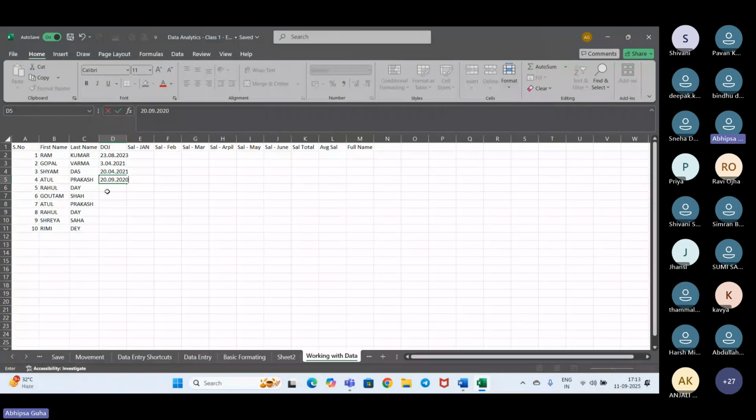We can put 2020. Then for Rahul we can put 12, then 3, and we can put 2013 maybe. For Gautam we can put the data as 20, then 11, and we can put 2023. And for Atul, since Atul was already there, we will keep the data the same for Atul